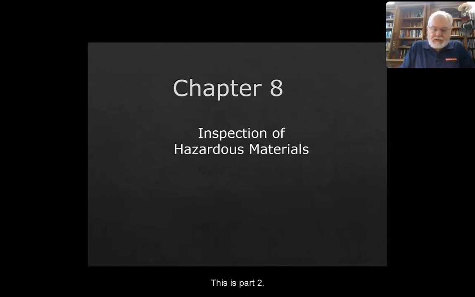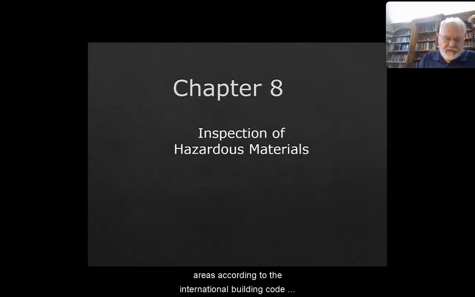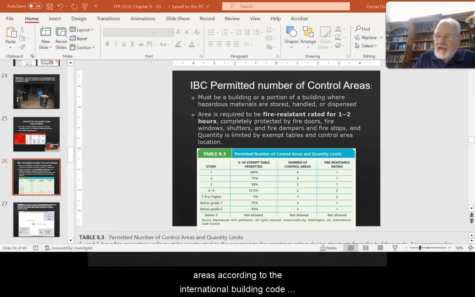This is part 2 of FFP2510 Codes and Standards, Chapter 8, Inspections and Hazardous Materials. Permitted control areas according to the International Building Code. Control areas must be a building or a portion of a building where hazardous materials are stored, handled, or dispensed,